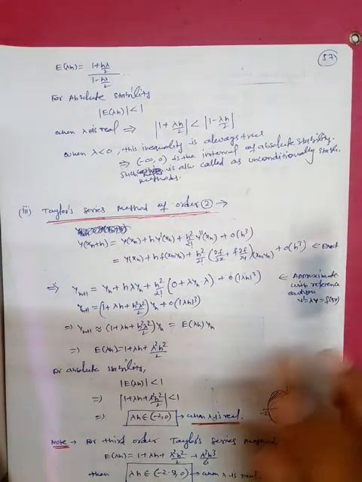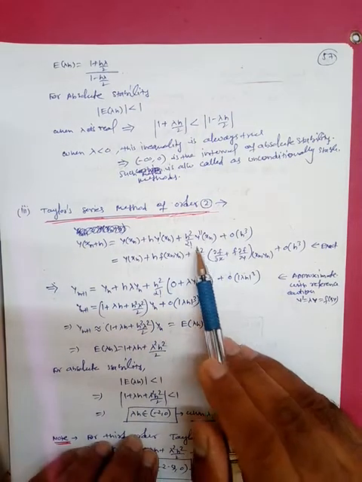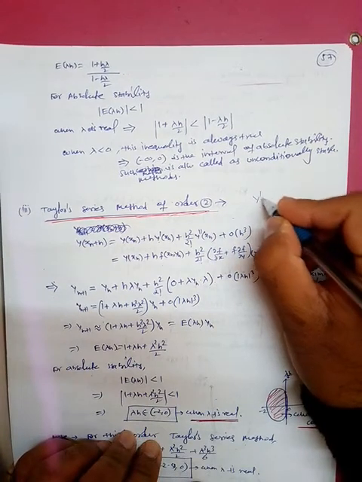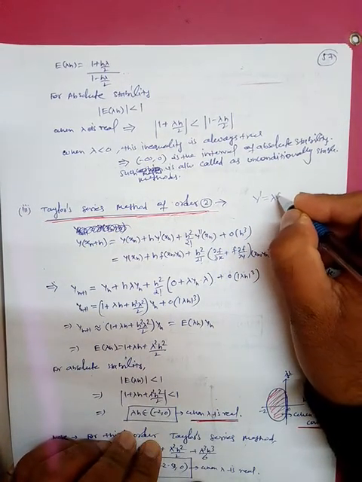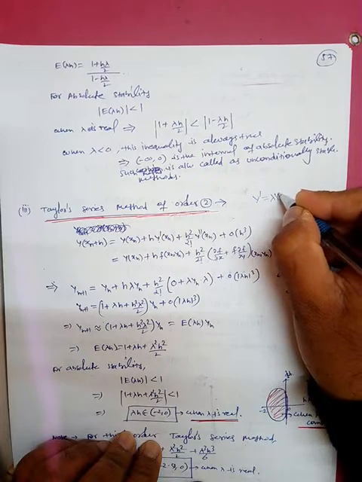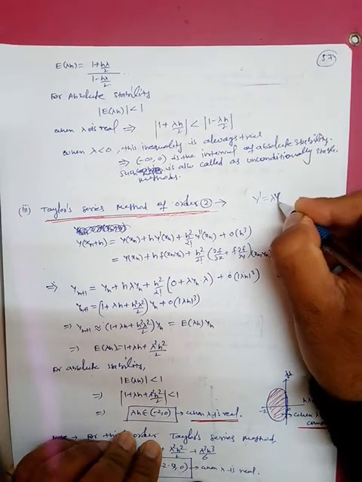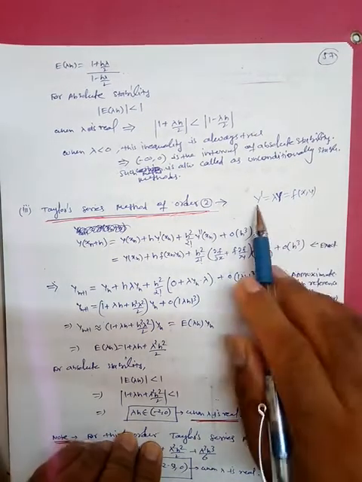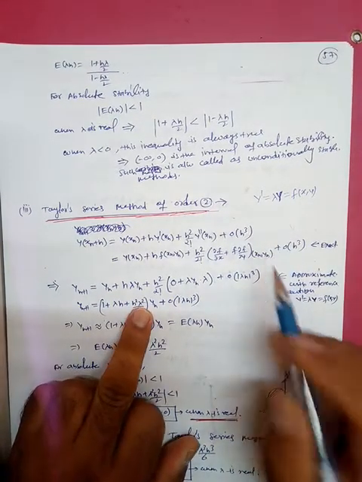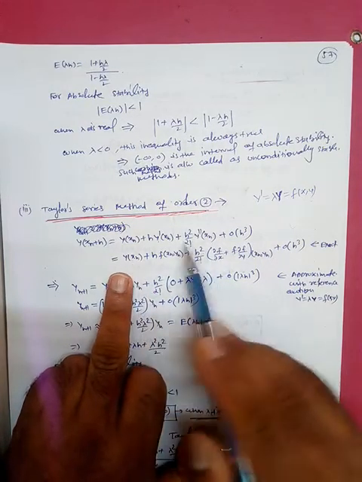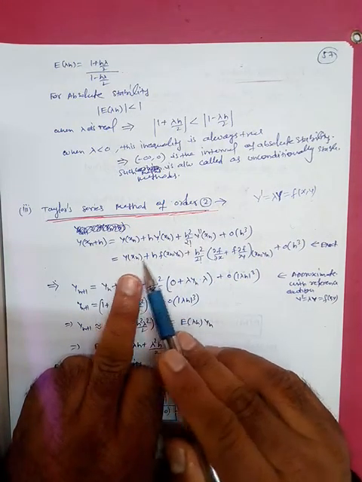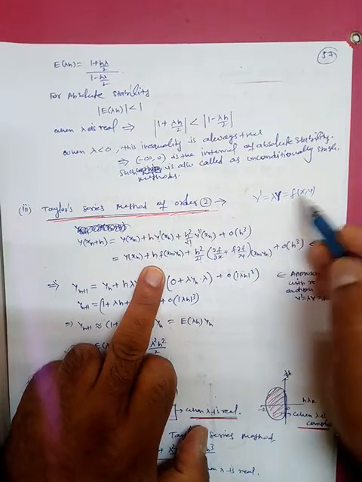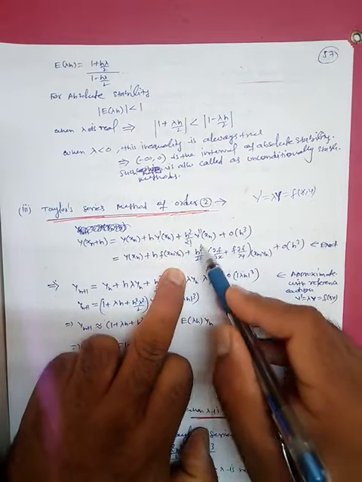Now we will replace these derivatives with the help of partial derivatives of f, because our differential equation is y' = lambda y. This is our f(x, y), our reference equation. So with the help of derivatives, substitute the values. y(xn + h), y' means what? Lambda y, or this is our f, so f(xn, yn) + h²/2